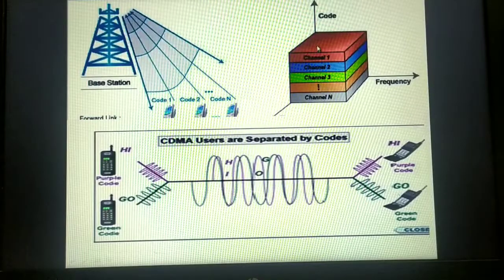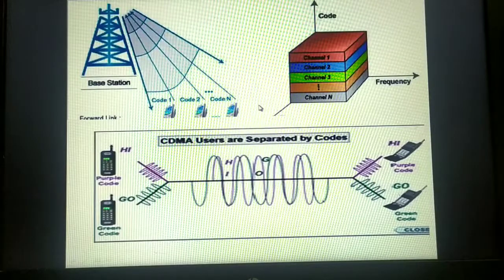Like this, when this data reaches the end also, by using the unique code, the message will be decoded and delivered to the destination. But actually CDMA does not use color coding, it uses digital coding.